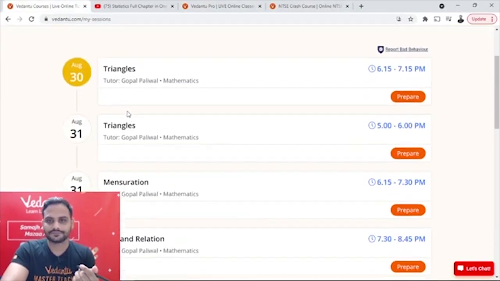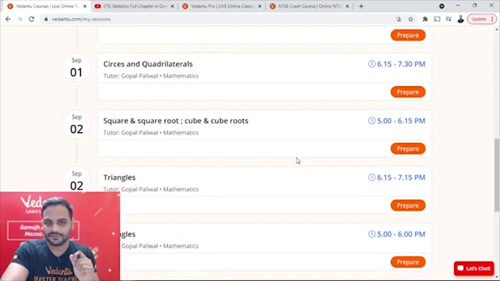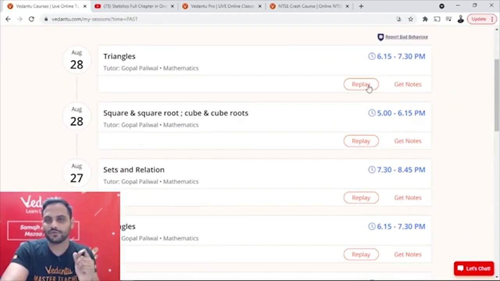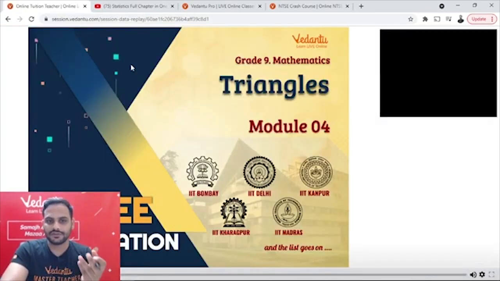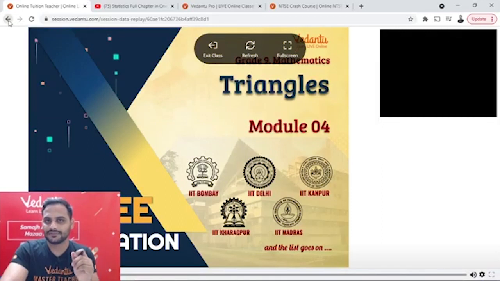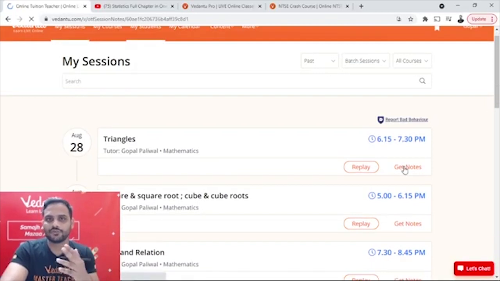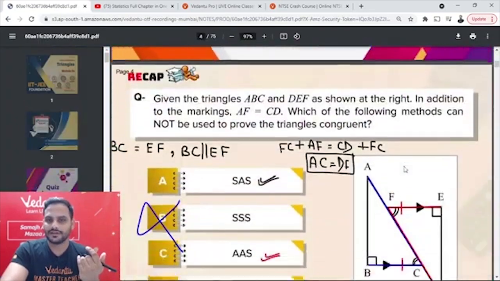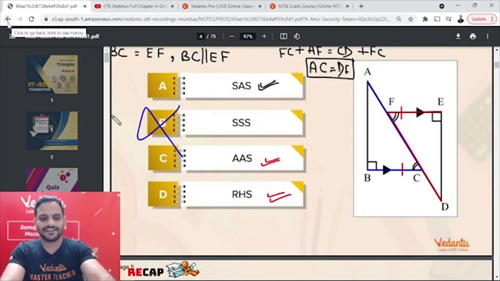For example, if you want to watch the notes or replay of a class, just go over here. This is how your profile is going to look like. This is how you'll see your upcoming classes once you join. Now go to the past classes. For any past class, suppose you want to watch the replay of the previous class, click on replay. Once you click on replay, you'll be able to watch the replay. This is the classroom setup. Here you'll be able to attend the class and attend the quizzes as well. Click here on get notes to get the notes of that particular class, and you can use it for your final moment revision. And you can very well see the notes are in my handwriting. So these are the features which you are getting.